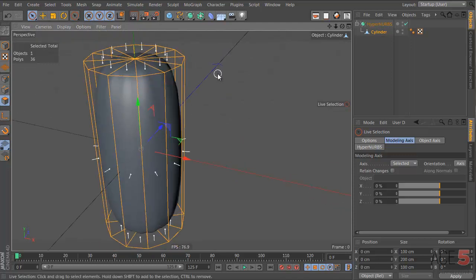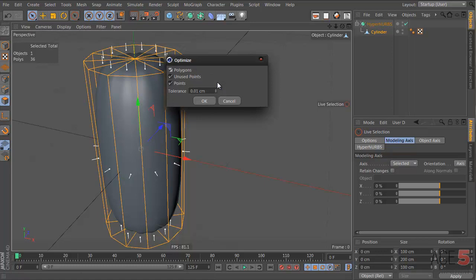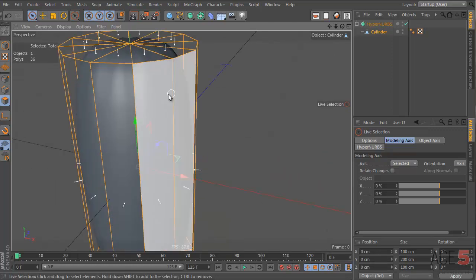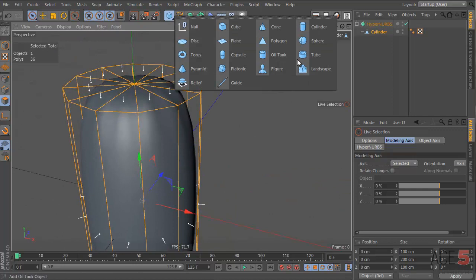I have this command mapped to tilde 3. Tilde is the button next to your 1 key, on the left of the keyboard. And that's because it's a command that I use very often, because you always get a primitive and you have to make it into one object. Anything with a cap, so cones, tubes, oil tanks, they all have the same problem. Anyway,